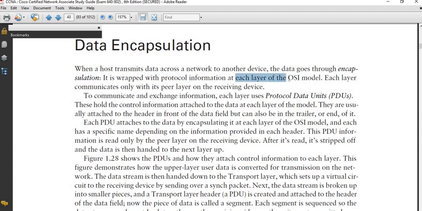So each layer of the OSI model, starting from the transport layer, has its own control protocol information that it wraps the main data in, and that will help the information at a particular layer communicate with the adjacent layer on the receiving device. So when I encapsulate the information with a particular protocol